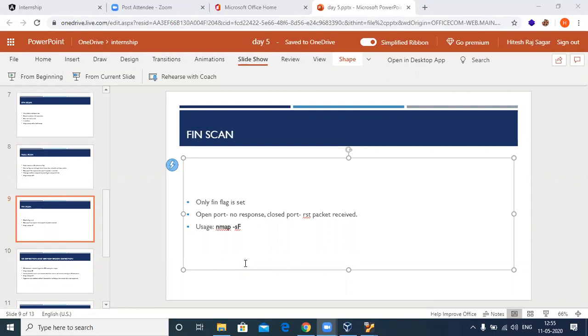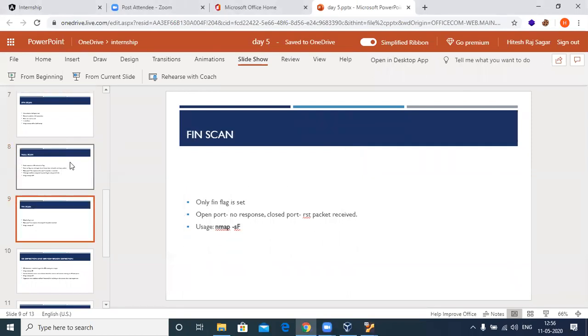The difference between FIN and NULL scans, they both act as good, same. Exactly the doubt I was looking for. Who asked that doubt? I was actually looking for this doubt, where you're receiving the same stuff in both NULL and FIN scan. All you're doing is just flipping the FIN bit. So what is the actual difference between the NULL and FIN scan? That should have actually poked you. That was the exact doubt I was looking for.